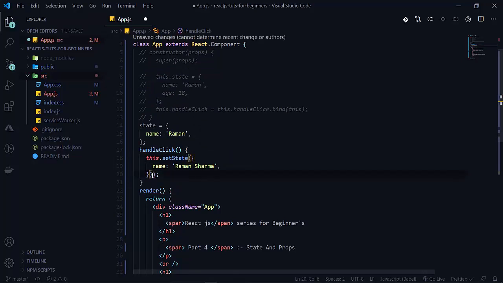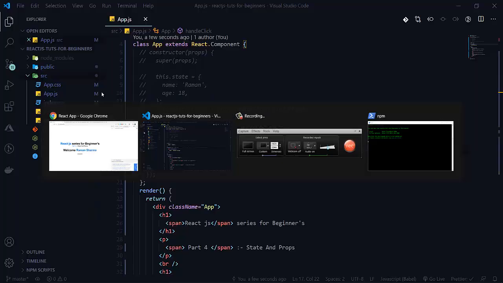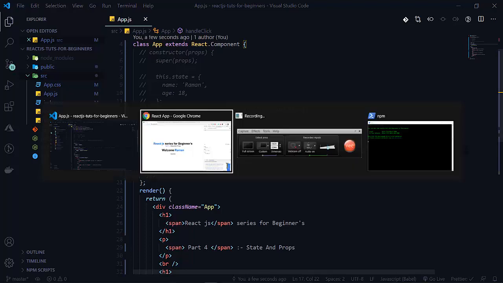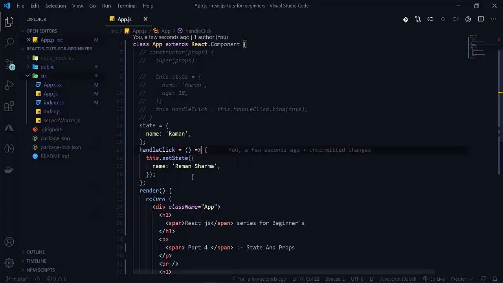As this is now an updated version, that's why it is giving the error, I think. See that now the state changes. That was just because of the function here. So when I click here, change state to Raman Sharma here.